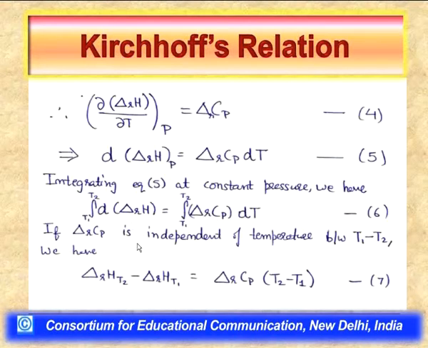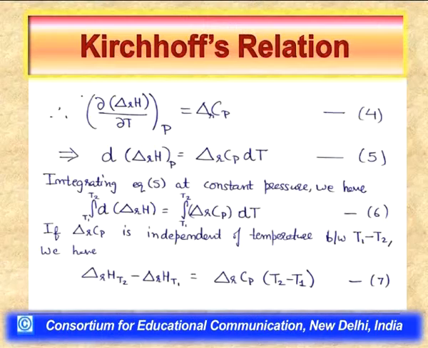If delta RCP, that is the difference of molar heat capacities of products and reactants, or in other words the molar heat capacities are assumed to be independent of temperature between the temperature range T1 to T2, then we can take delta RCP outside of the integral and we can integrate the equation. What we will get is the enthalpy change of the reaction at temperature T2 minus enthalpy change of the reaction at temperature T1, that is equal to delta RCP into T2 minus T1,